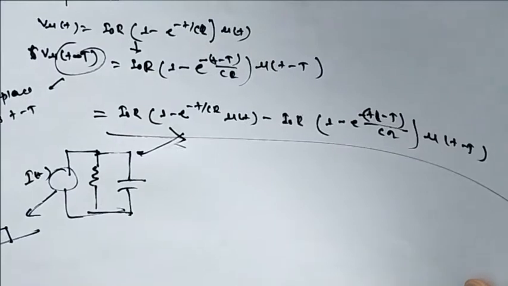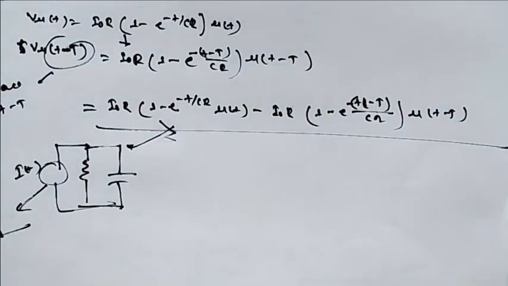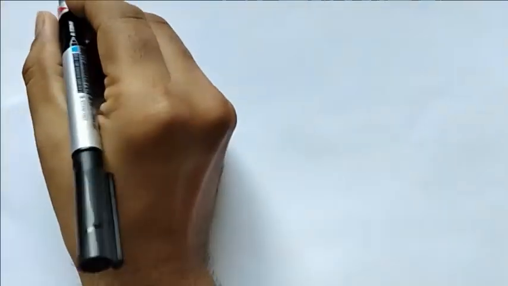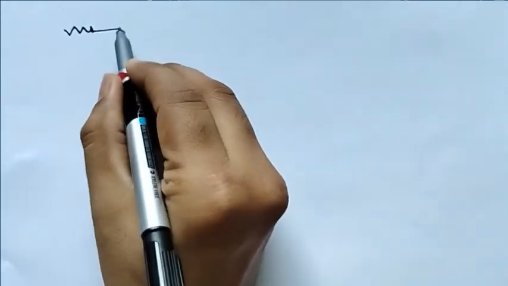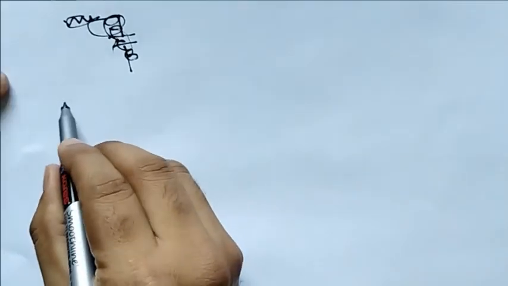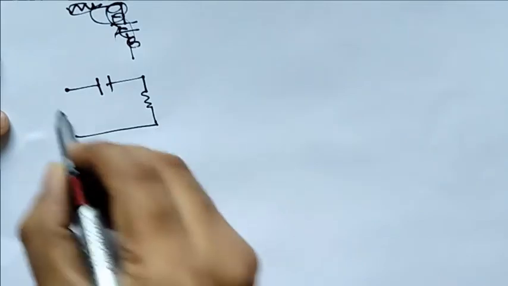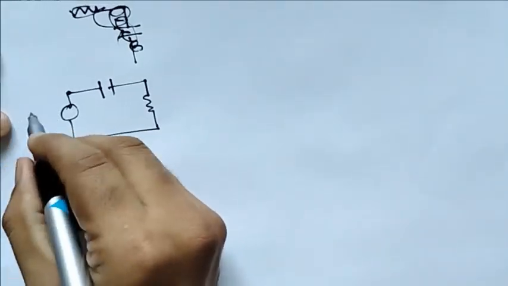Now for more explanation, we are going to take one more case. Now we are going to take one example. Again we are going to take a CR circuit. This will be the C and R circuit. We are just taking one problem, E of t, and this is C. Now this is your differentiating circuit.